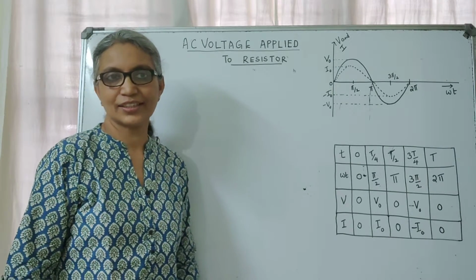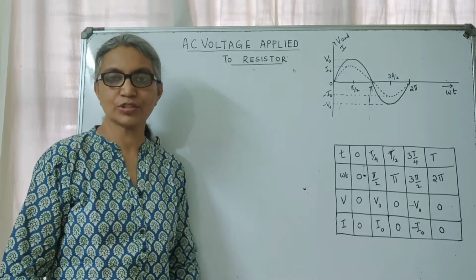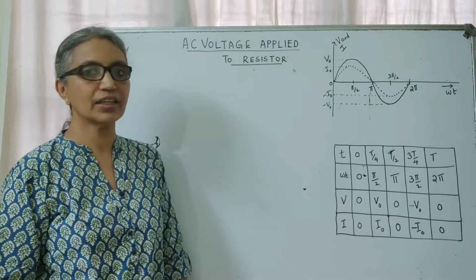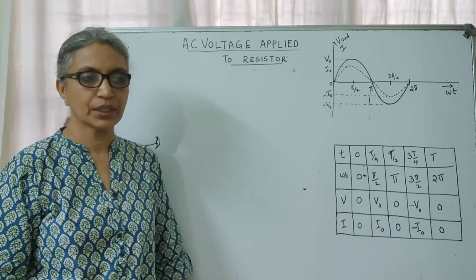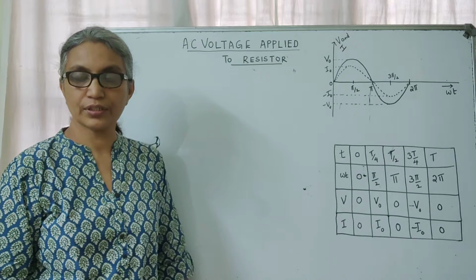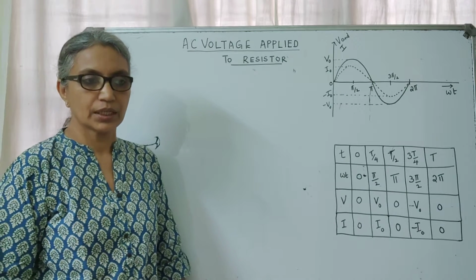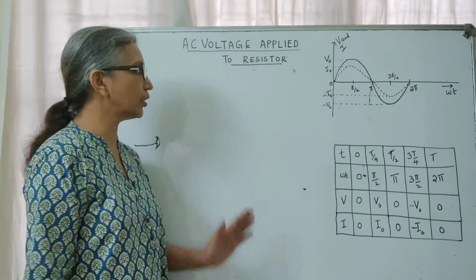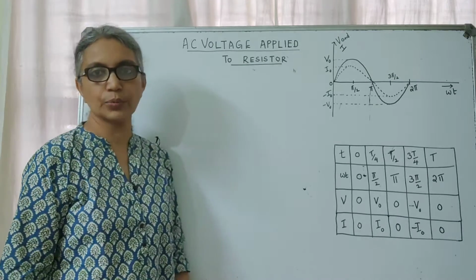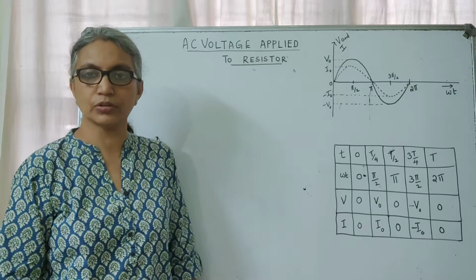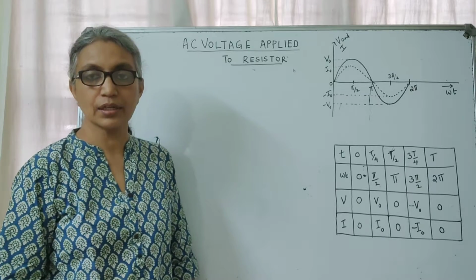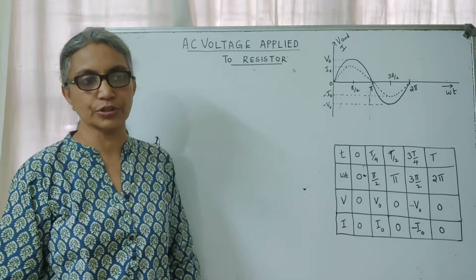Good morning. Today is the second session of our chapter on AC, alternating current. I hope you've gone through the first session where we discussed the RMS voltage and the RMS current. Now, here you will see that today our topic is dealing with a very simple circuit where you have just a resistor to which you are applying an AC voltage.